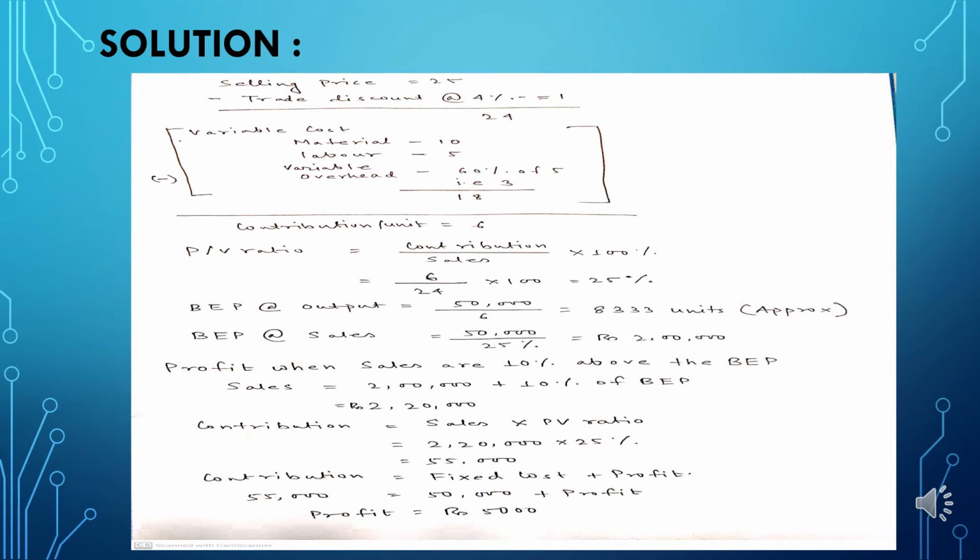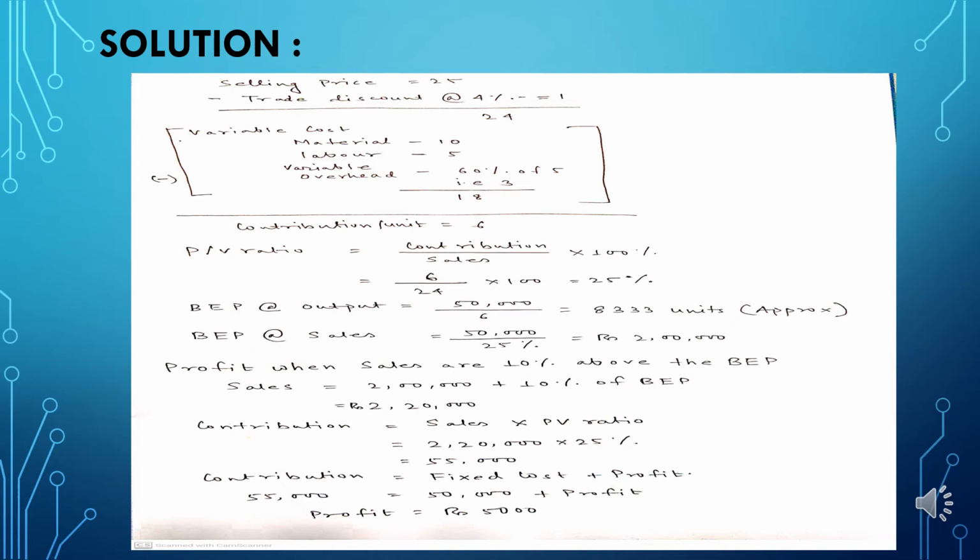Most importantly, the variable overhead is dependent on the labor cost itself, which is 60% of rupees 5, where the variable overhead is turning back to rupees 3. Now the entire summation of variable cost is turning back to rupees 18. Deducting that variable cost from the selling price per unit, we get the figure of contribution per unit as